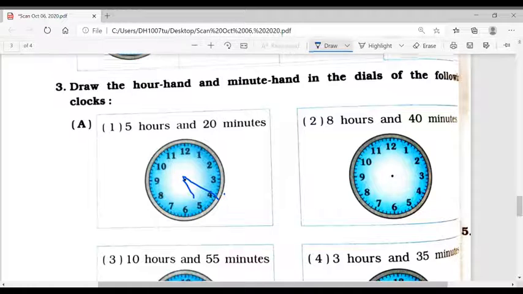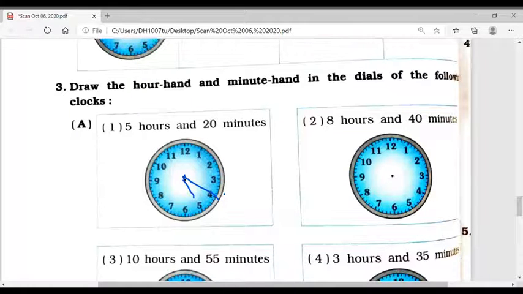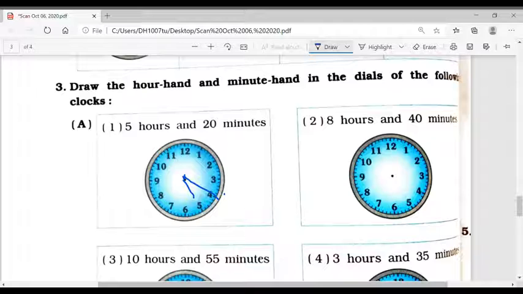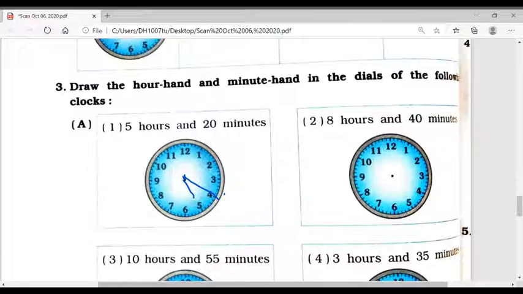You have to use the scale to draw. I am roughly drawing and showing again. Already I taught you how to draw the smaller hand and bigger hand. The hour hand will be smaller and the minute hand will be bigger. In the same way you have to complete all the sums. Already in the demo lecture I have given. So complete this revision at home by doing all of page number 59, 60 and 61.